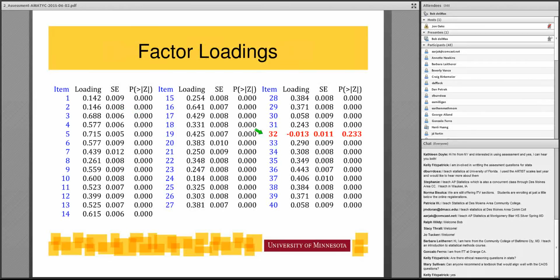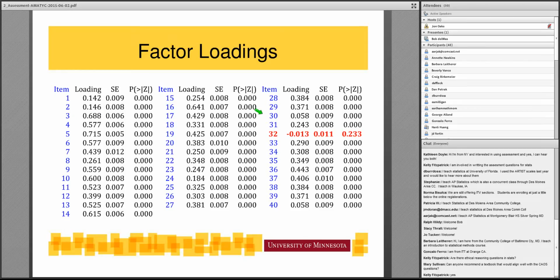So this will put you to sleep. I don't expect you to read through all this, but the decision was just to extract one dimension and then see how these items load. Basically, these are a correlation of each item with the hypothetical construct, this conceptual understanding of statistics that is being measured by the CHAOS test. And you'll see that some have fairly high correlations with this hypothetical construct. Some have very low ones. Let me see if I can find a really low one. There you go, item 30.